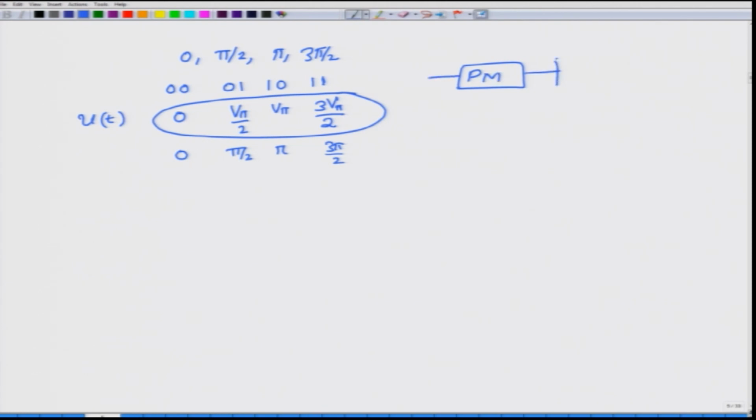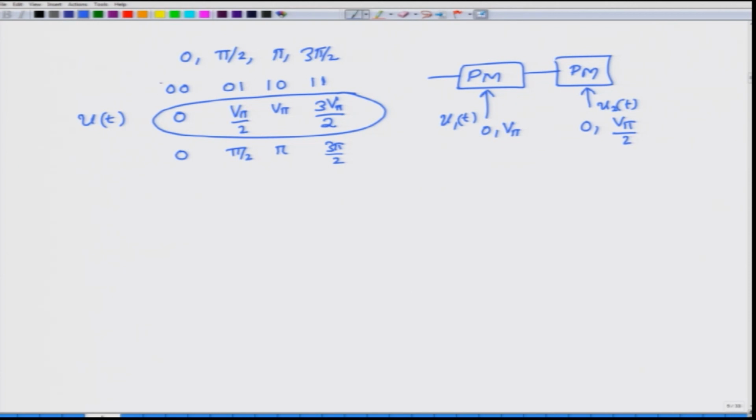So, you have one phase modulator and you have another phase modulator. This phase modulator sends in the data which we will call, say, u1 of t, which can be either 0 or V pi, which means that when u1 of t is 0, this phase modulator will add 0 phase, or it will add V pi phase, or pi phase. Onto this modulator you send in u2 of t, a different signal, but it will have its amplitude half of what the previous one is. So, this will switch between 0 and V pi by 2,